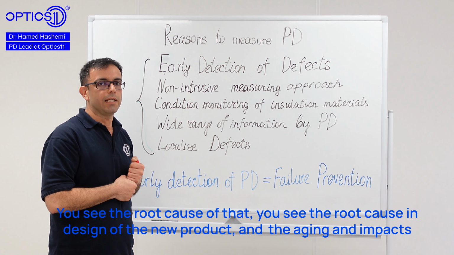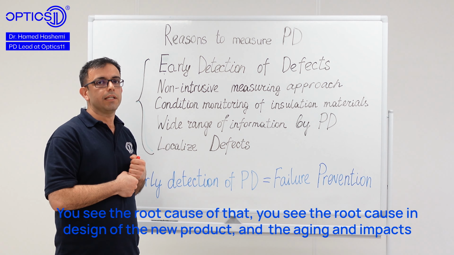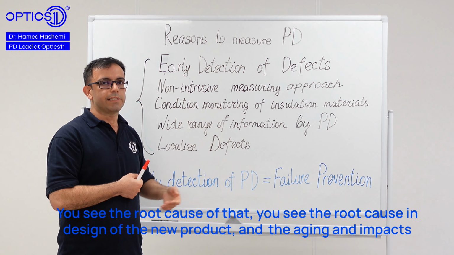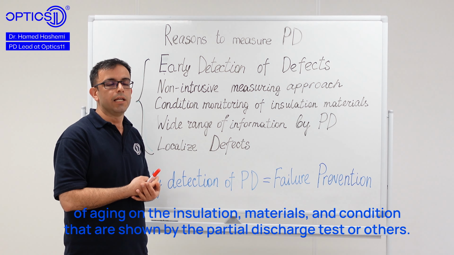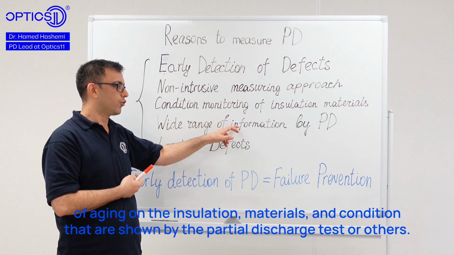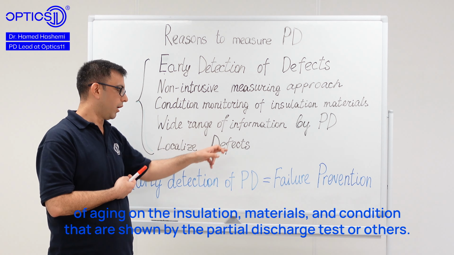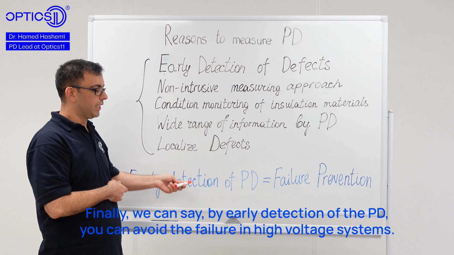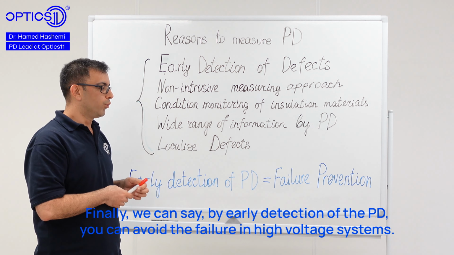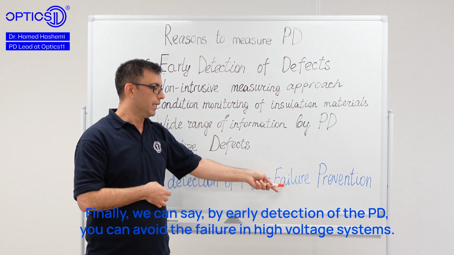You see the root cause in the design of a new product. You see the aging and the impact of aging on the installation method and conditions, which are shown by the partial discharge test or others. Finally, we can say by early detection of PD, you can avoid failure in